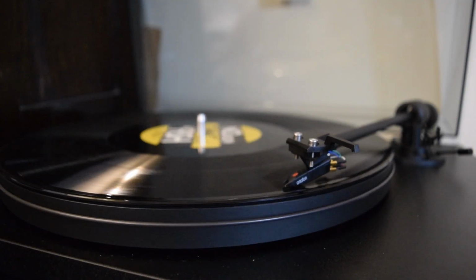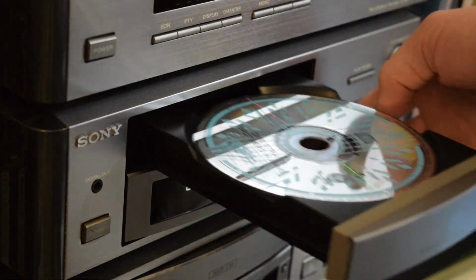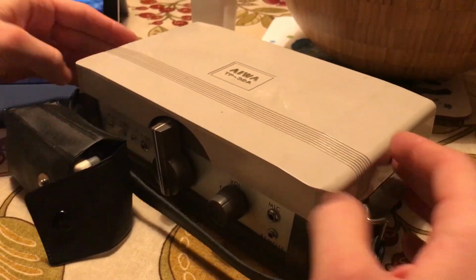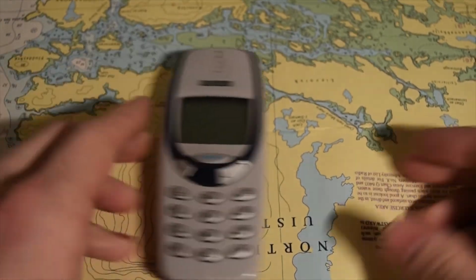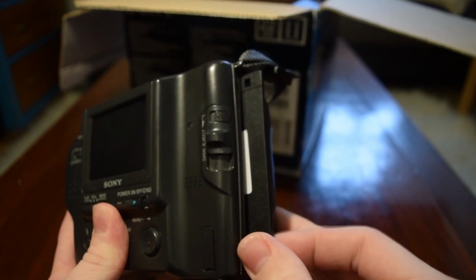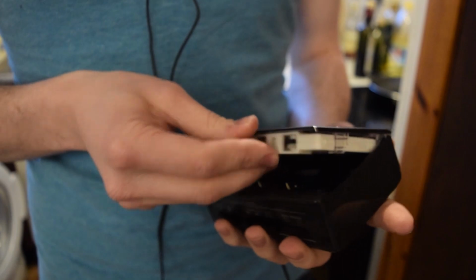Hey everybody, Zippo here, and I wanted to talk a little bit about my brand new old hi-fi system. So, as you may have seen from earlier videos, I like my fair share of retro tech and oddities, but these past few years I've been getting increasingly interested again in audio, but I've not really had a great system